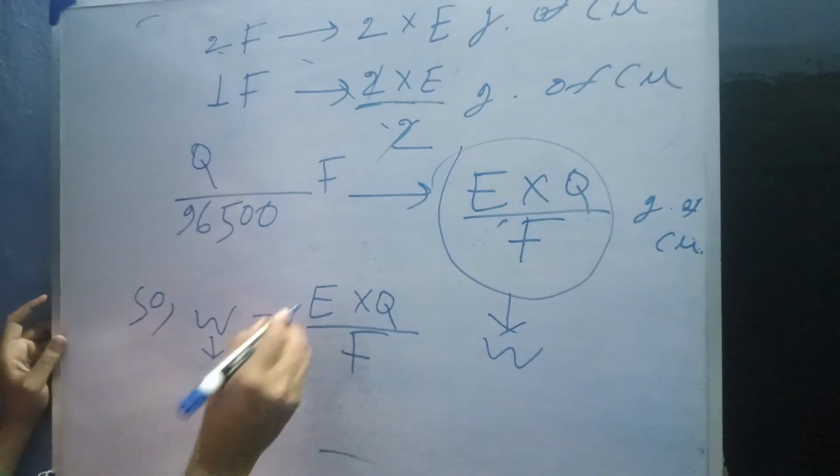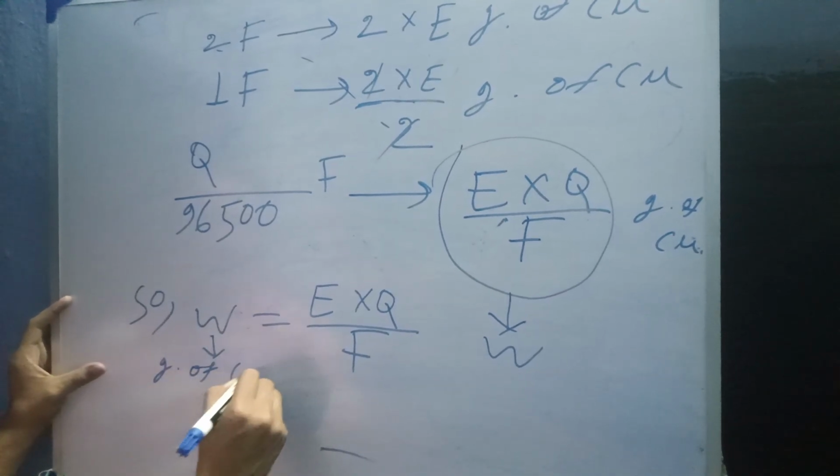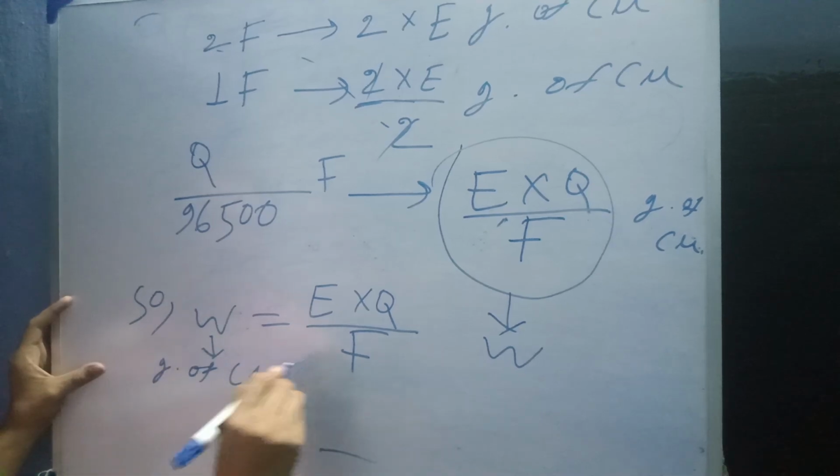Here as copper is produced, it is always gram of copper